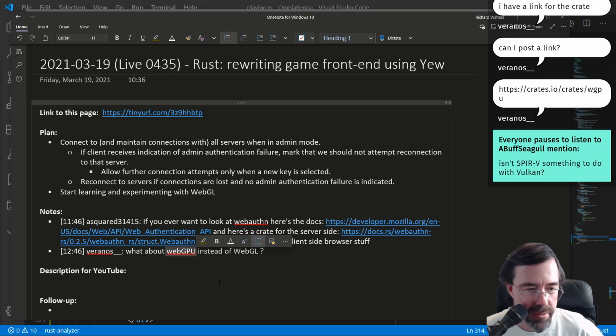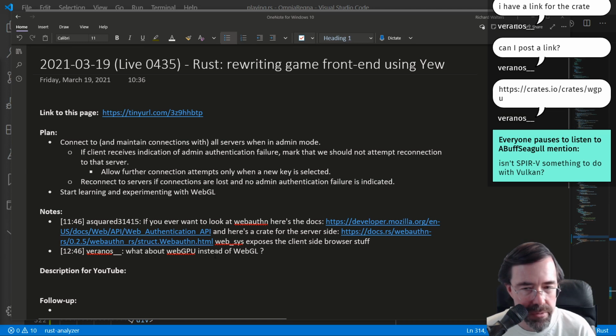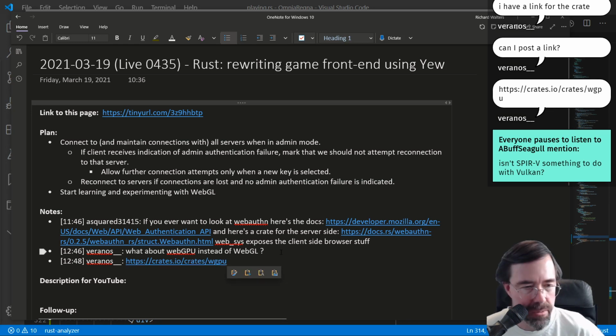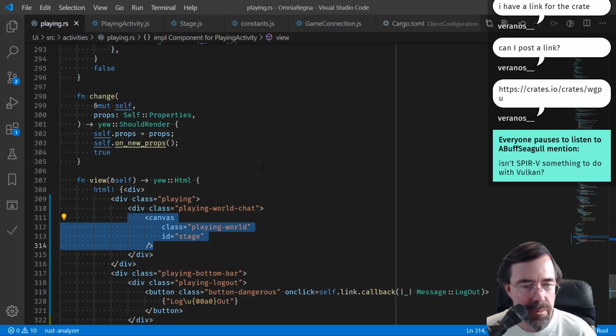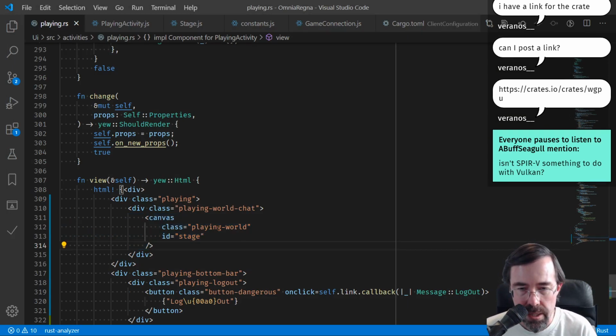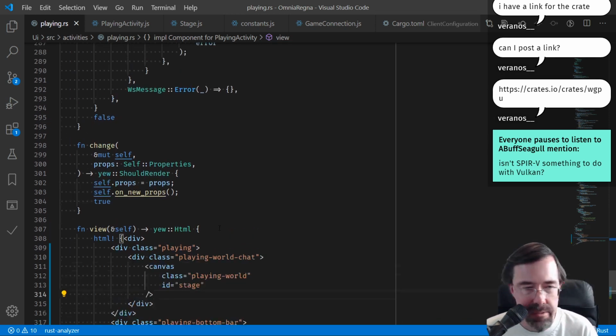Is SPIR-V something to do with Vulkan? I had never heard of it before. Okay, you've got a wgpu crate? That sounds cool. I'll definitely look at it between streams, and if it looks really promising, I might just ditch this WebGL stuff. But hey, there's no harm in learning WebGL, even if I go with WebGPU later, right? But thank you. I'm going to stick with WebGL for now, but with the door open to possibly try out